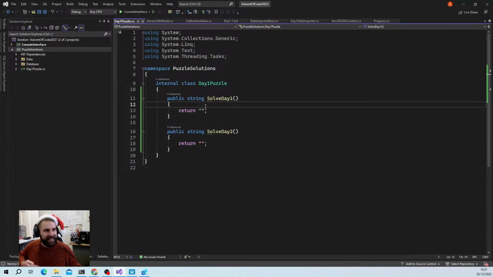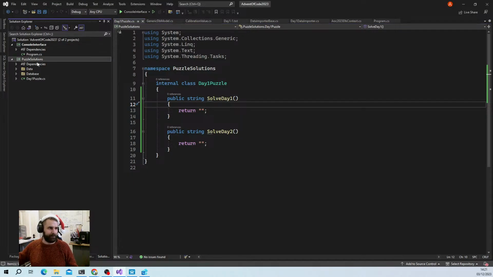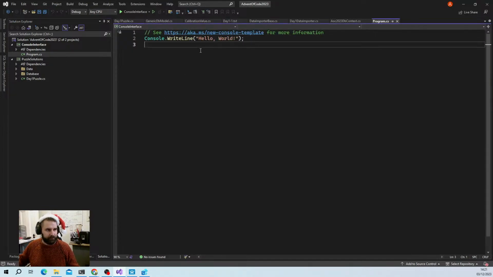Now, all we need to do is work out how to actually solve them, and then we'll have the answer. Now, our console interface, we haven't actually touched yet. If we come up here to the project that we made right at the start, if we come into program, we can do a couple of things. So we can say